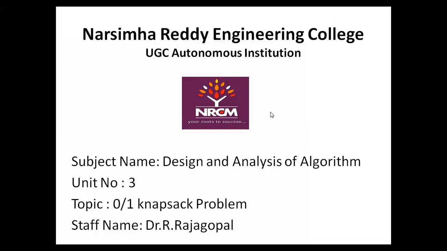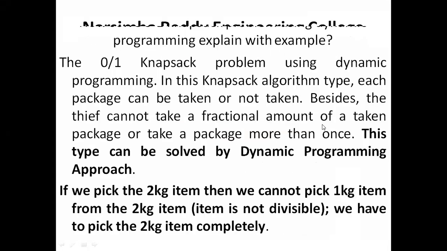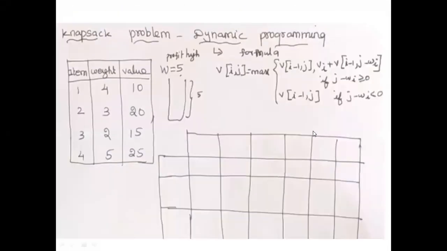Okay, here is the 0/1 knapsack problem. So this is that problem. They are given item weights and values, and the total capacity of the bag is 5 kg. So which items we insert into this bag to get the maximum profit, the maximum value. We are solving this by using